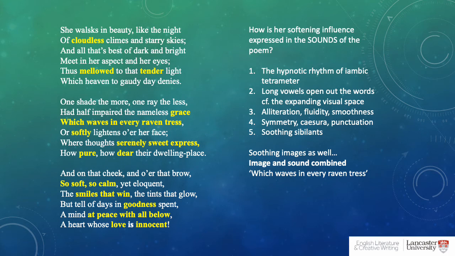But beyond that, he uses punctuation to also pace, temper, and slow down the poem. So in the last stanza, "so soft, so calm, yet eloquent." This is kind of a sense of pausing and letting almost like the poem swing into a bit of silence with those marks of punctuation, and then begin again with more sound. This allows the poem to breathe, and it keeps it from galloping off along its iambic tetrameter, and so on. Then there are soothing sibilants.